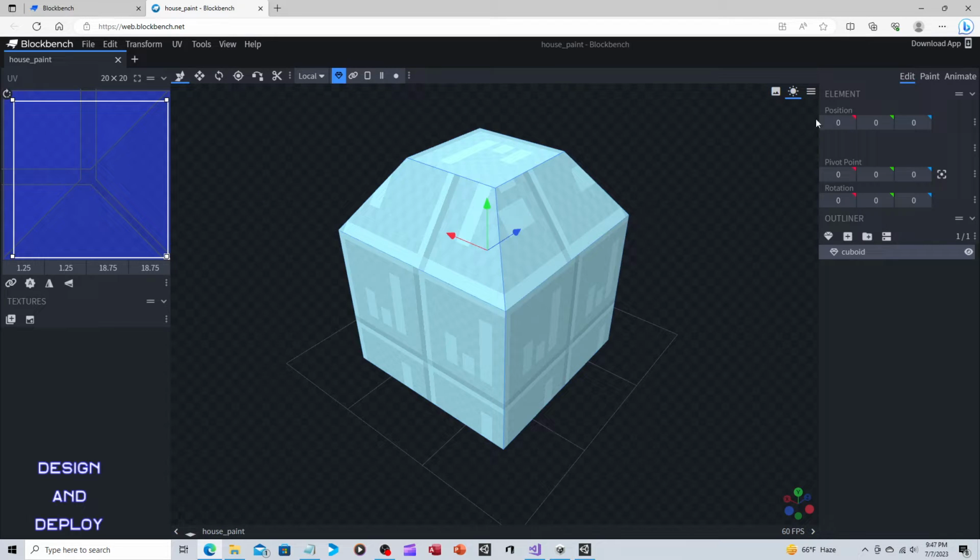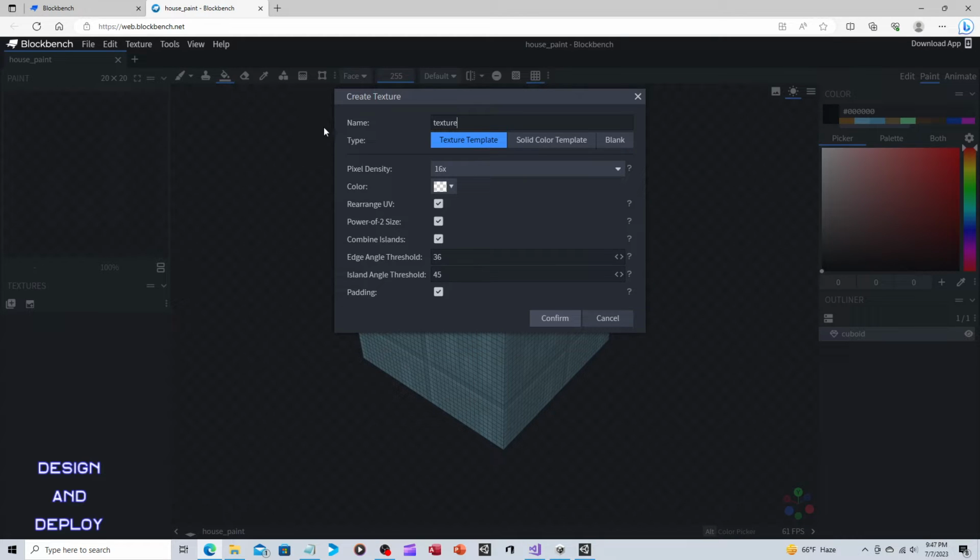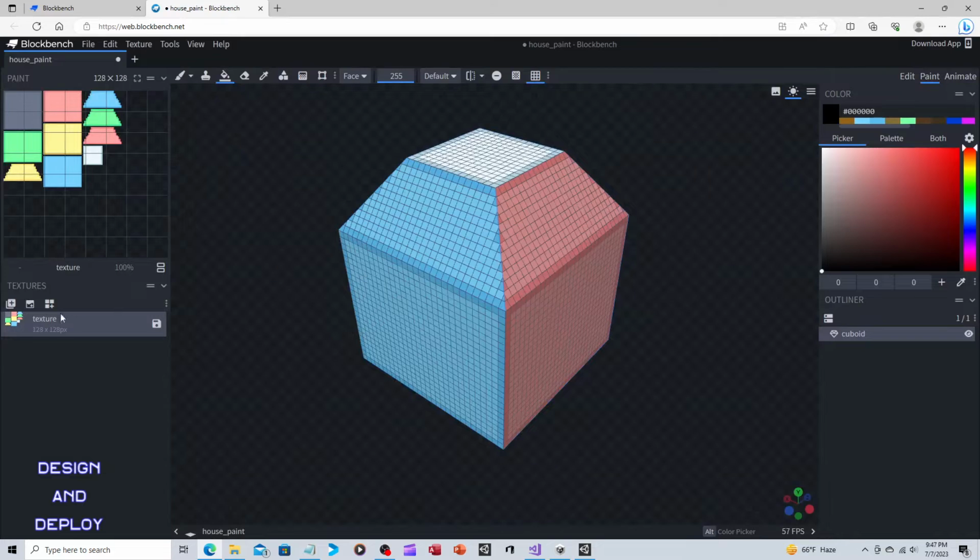So, as I've mentioned before, the workflow is in the upper right corner. We're currently in Edit, and we'll click on Paint. The first thing you have to do is add a texture. You can either import a texture that already exists, or you can create a new one from scratch. We're going to create a new one from scratch, so we're going to click on Create Texture. We're going to accept all the defaults, and then we're just going to click on Confirm, and our new texture